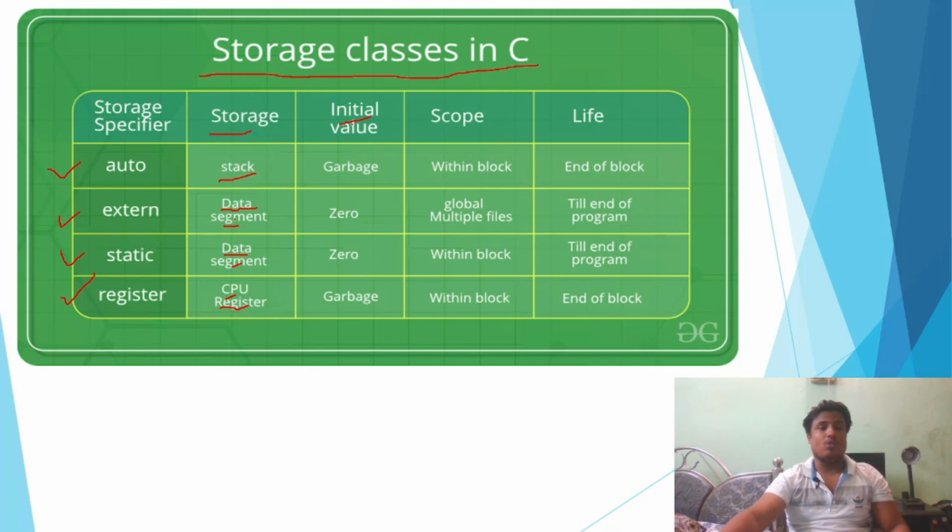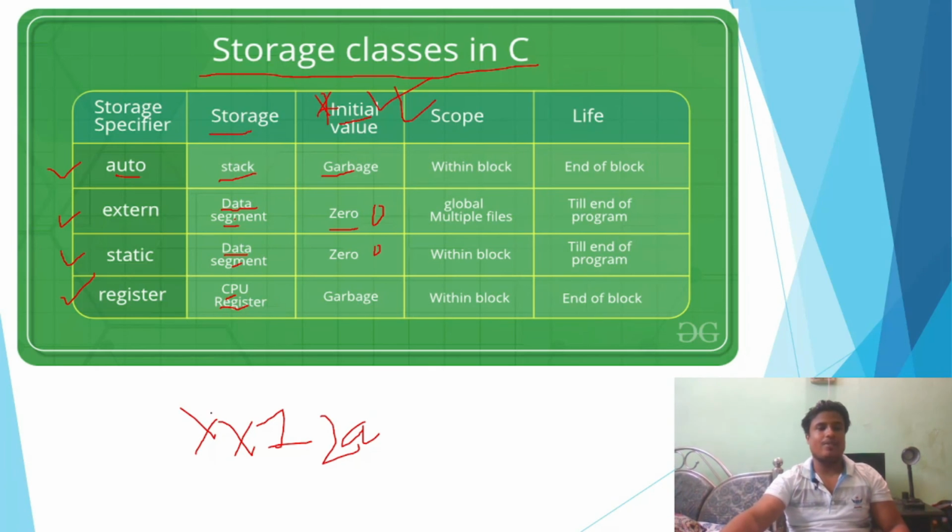And what would be the initial value? This is the point to be noted, which I have not discussed yet, and I will explain it via a coding example. Remember that an automatic variable always gives a garbage value, for example some variable xx1. An external variable will always have 0, static will also have 0, and register will by default give a garbage value.